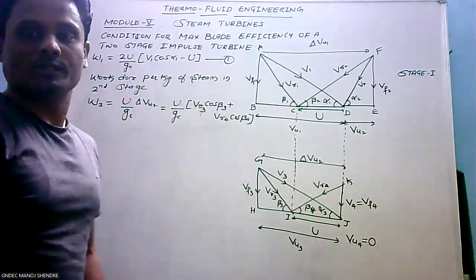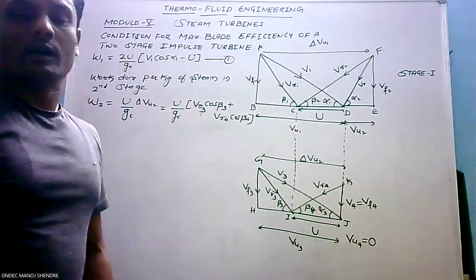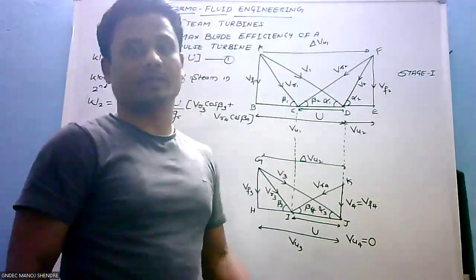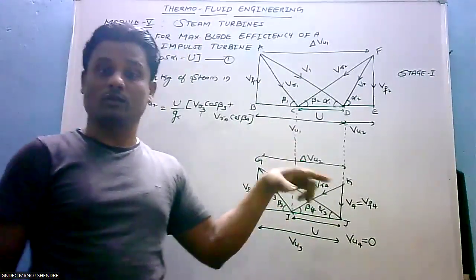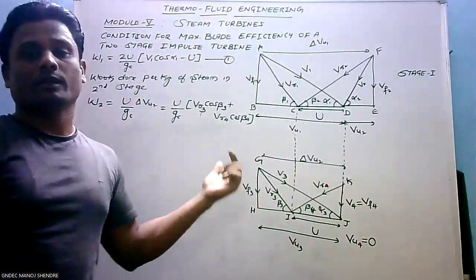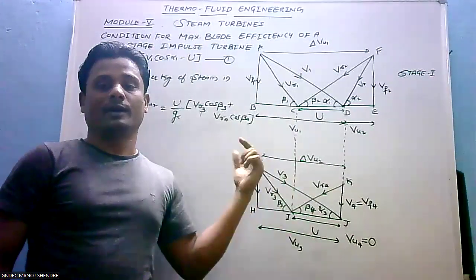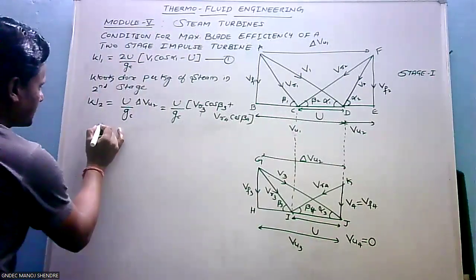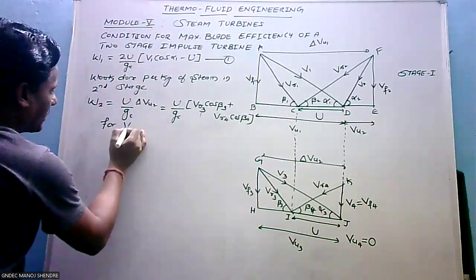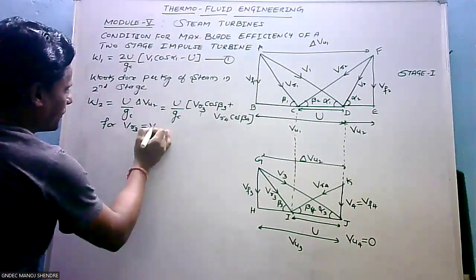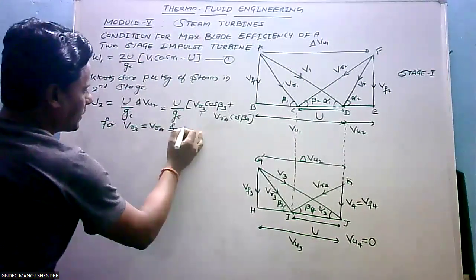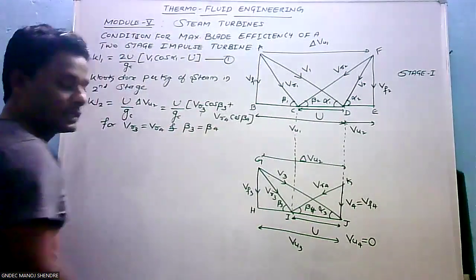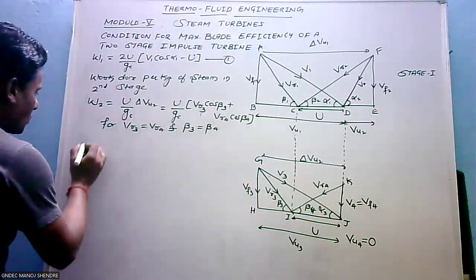VR3 cos beta 3 plus VR4 cos beta 4. Similarly, let us assume the same thing, that is VR3 equals VR4, as we discussed in the first stage, VR1 equals VR2. Similarly, here also we'll take VR3 equals VR4 and beta 3 equals beta 4. For VR3 equals VR4 and beta 3 equal to beta 4, I can write the above equation as W2 equals